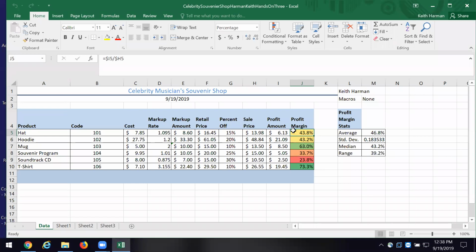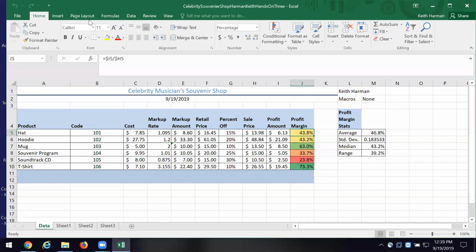Now, if I don't want to mess around with continually having to deal with cell references, but instead I want to name things, I want to work with variables or with words that a human understands, where do I go to do that? What do I click? Okay, how do I get to the name manager?